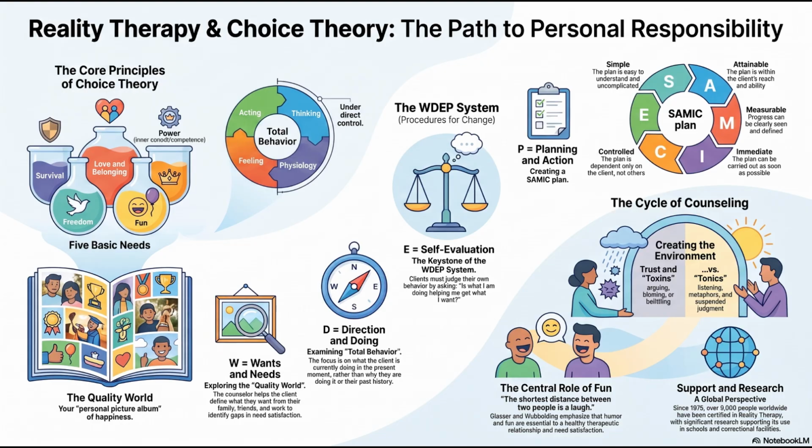Got it. And once you know the target, we move to D, which is direction and doing. Right. The therapist asks, what are you actually doing right now? They look at the overall trajectory of the person's life and the specific micro actions they take every day. Mapping out the doing sets the stage for E, which is evaluation. And I cannot stress this enough, the evaluation phase is the absolute cornerstone of the entire system. Without ruthless self-evaluation, there is zero potential for change.